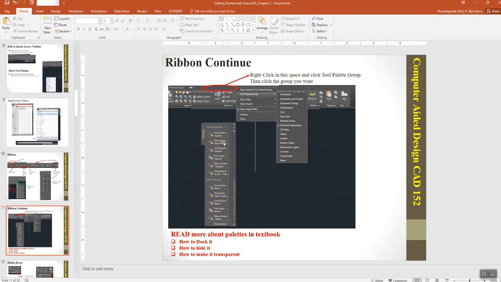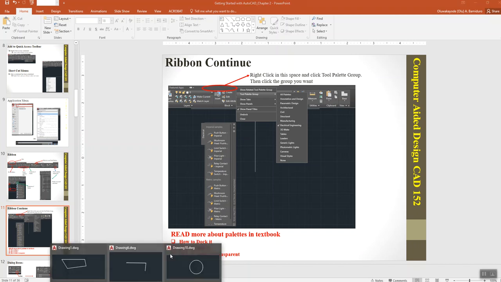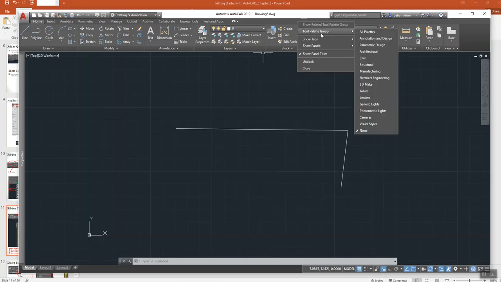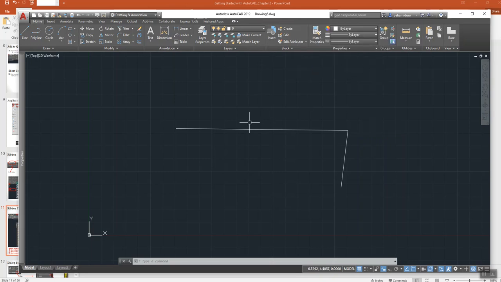Now, if you want to create a palette from another field, in this case, this is more like electrical. So typically what you can do is just right click in this space right here, and then you come down to tool palette group. You have civil, structural, manufacturing. If I go to civil and click it,